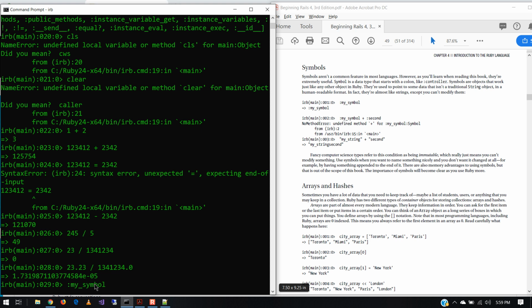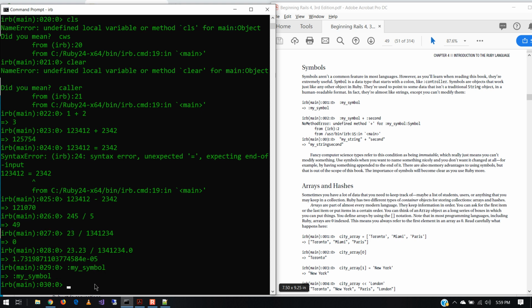So by doing that, it reads it as a thing, and it gives it back to me as a thing, right? So you kind of think of it like that. It's just a thing. It's an object, okay? We haven't really defined anything to it. And then their next example is, well, what if you take my symbol and then add to it,